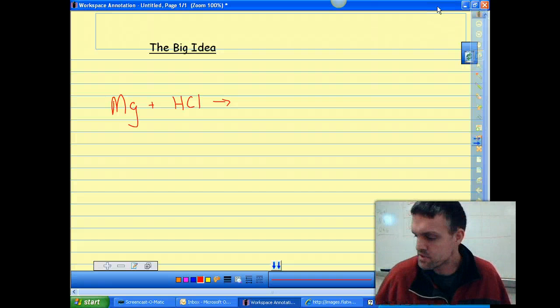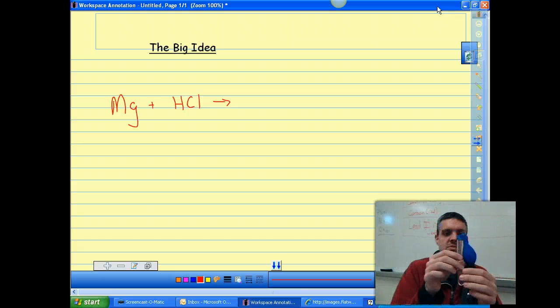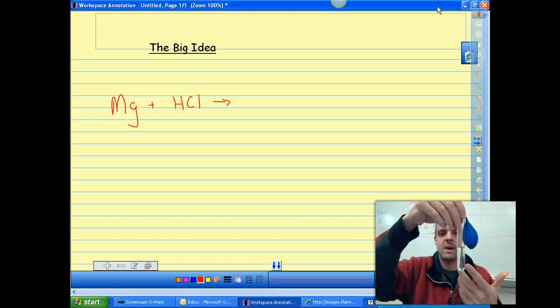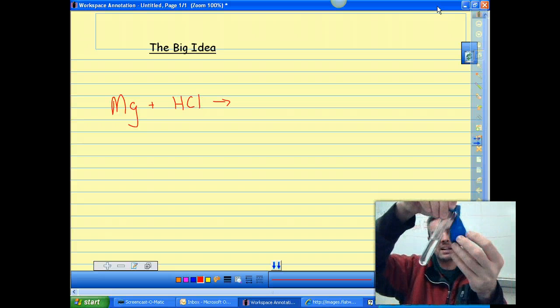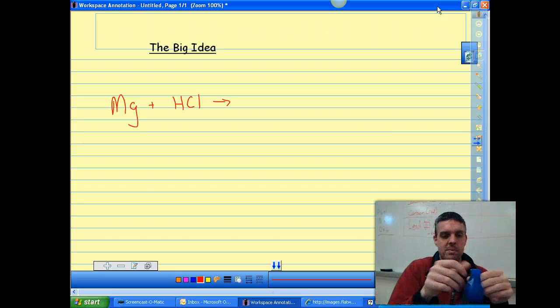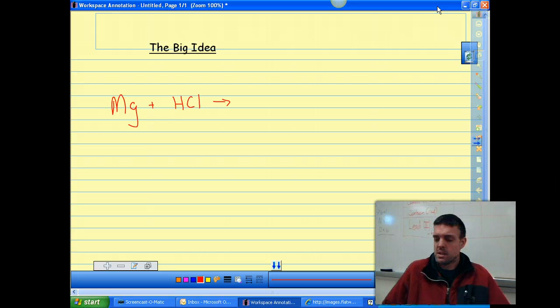I want you to take a look at this reaction here, and I'm about to run that reaction right here. I've got some hydrochloric acid, and I've got some magnesium metal, and it's sitting inside this balloon here. And what I'm going to do is eventually I'll tip up this balloon, and I'll let the magnesium mix with the hydrochloric acid. And just knowing reactions like you do, you know that we're going to have some products made